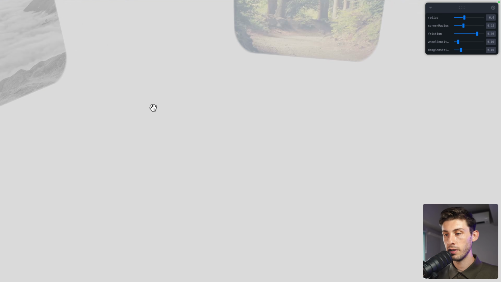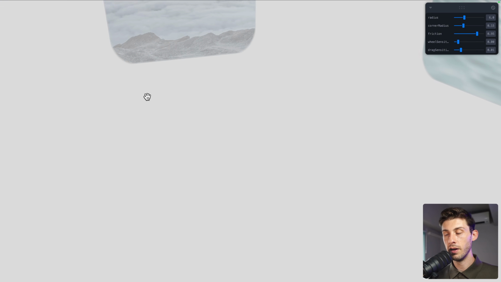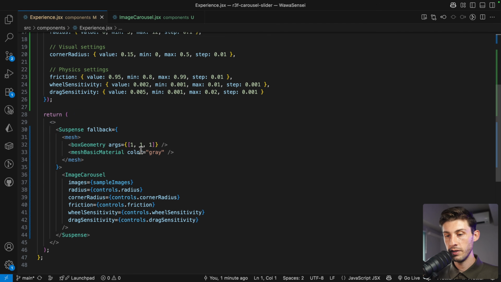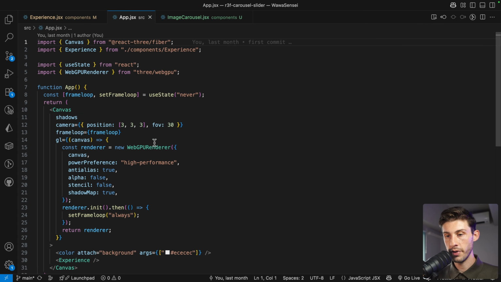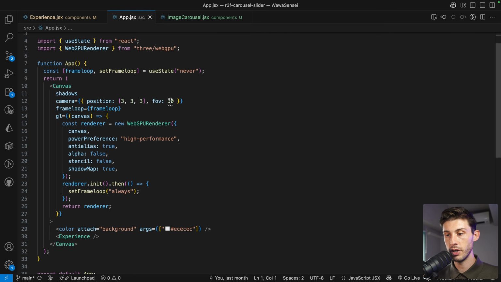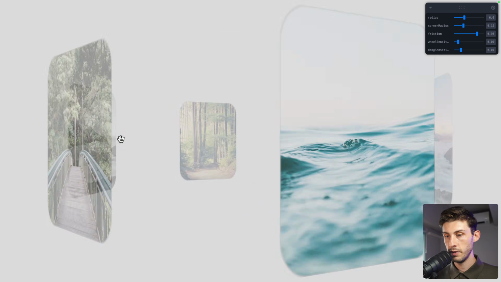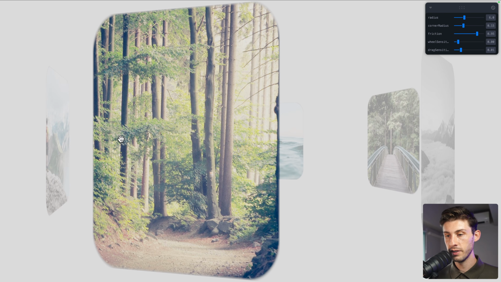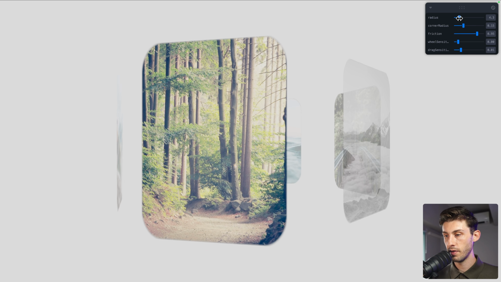Let's reload, and I'm at the bad camera position, so I will adjust it myself. Let's go to experience or app where the canvas is created. Yeah, the default camera is a bit off. We use 45. 0, I want to be in front. Also here in front, but further away. Okay, it's better, but I'm still too close to it. But maybe it's also the parameters here. So if I reduce the radius,